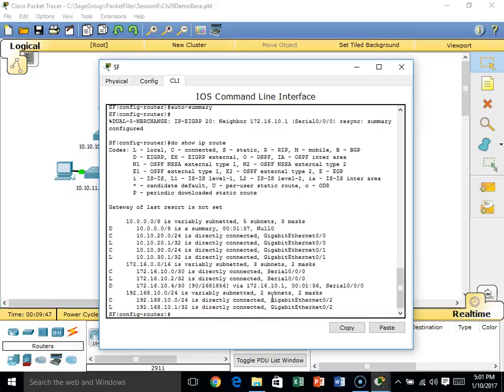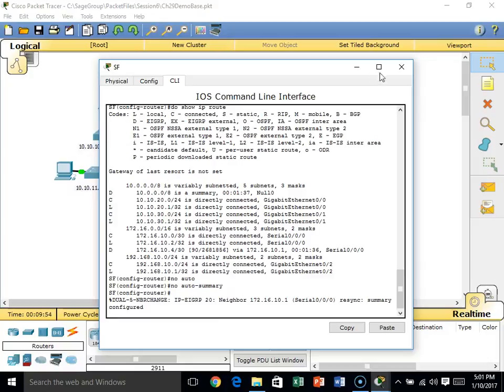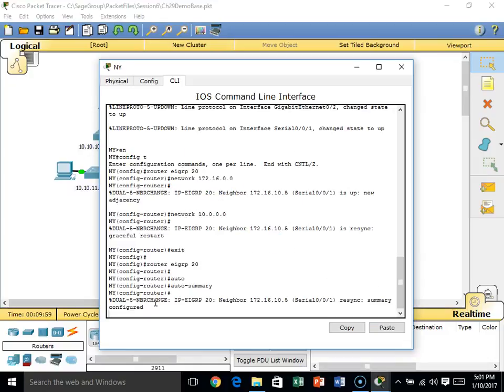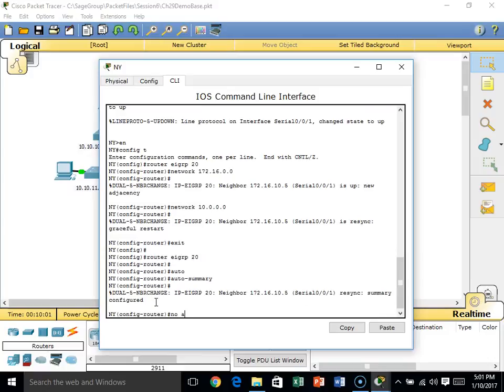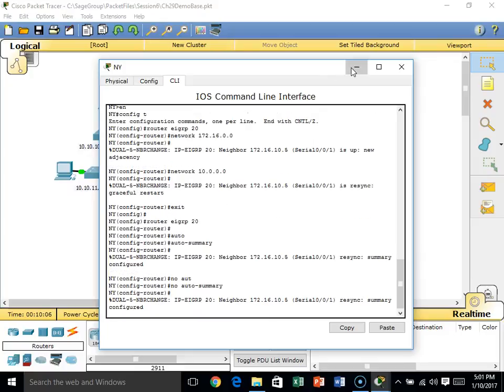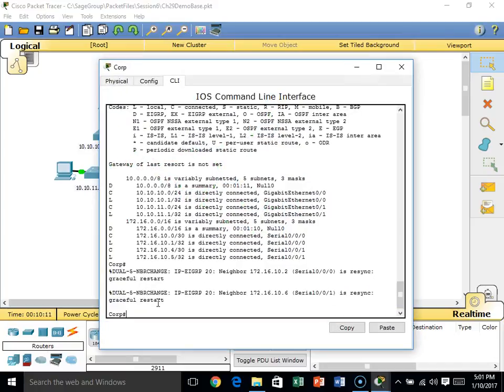So configure router, I should still be in that thing, right? No. Auto summary, and we'll have to do that on each of these again. And if we had tried to ping one of these things, it wouldn't have worked. And this one, since I was cleverly got out of it,